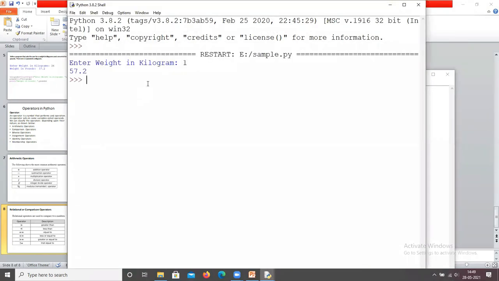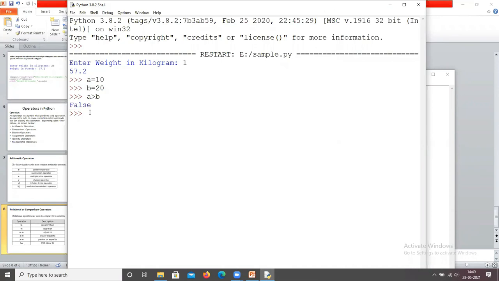We are going to take a equals 10, b equals 20. Now we are going to check a greater than b. What does it return?